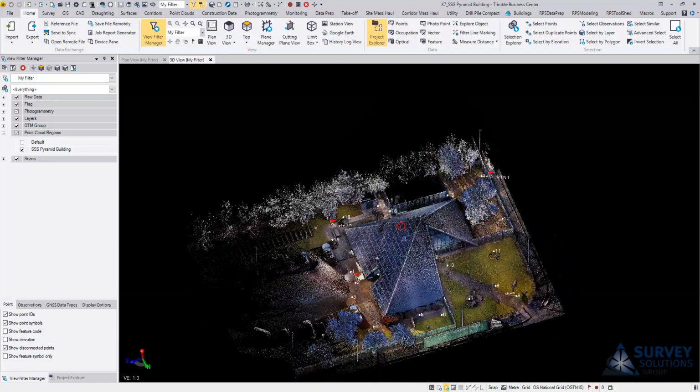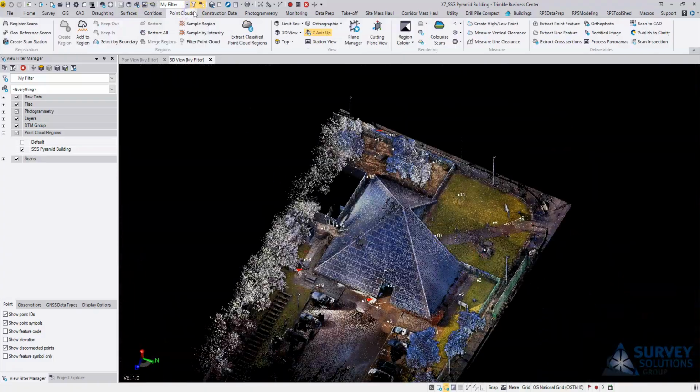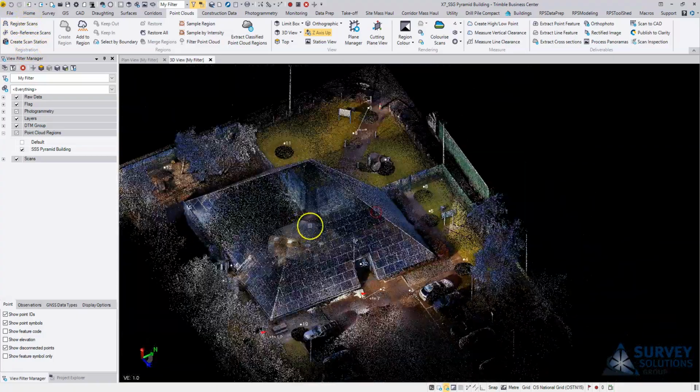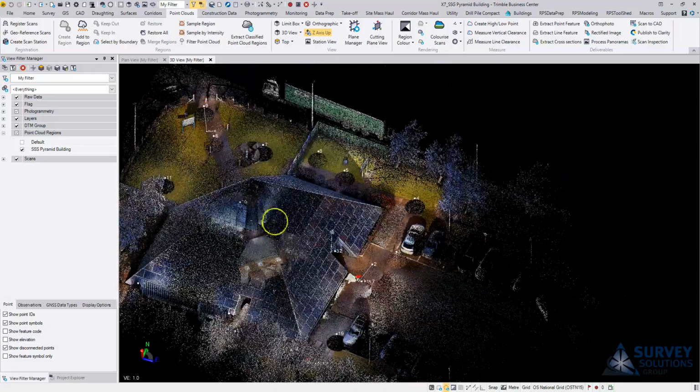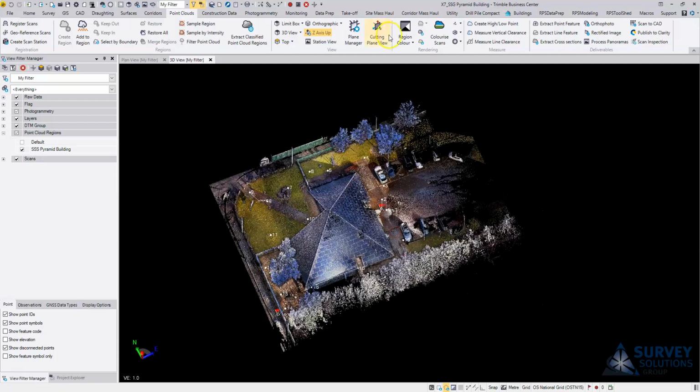So I have a data set here recorded again by the X7, and under my point cloud tools I have some registration commands that I can use. This data was processed and refined and exported in the X7 and brought straight into TBC. However, if I was checking the data, if I was just to create a cutting plane,